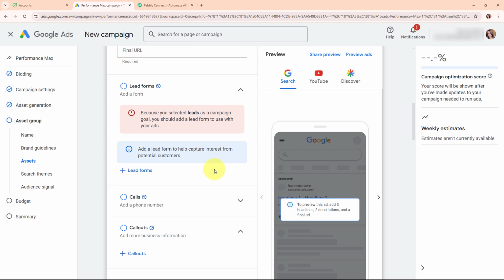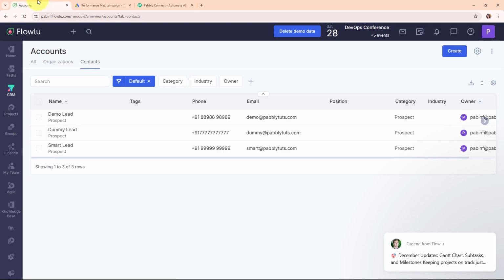So I run online ads through Google Ads to attract potential customers, and it's essential for me to capture their information and follow up promptly. By automatically creating a Flowlu contact from Google Ads leads, I can ensure that every potential customer is added to my CRM without any manual work. This automation saves me time and ensures I never miss an opportunity to connect with someone interested in my business. It helps me stay organized, track all leads in one place, and follow up efficiently to turn those leads into customers. So now in this video, we are going to learn step by step how you can create